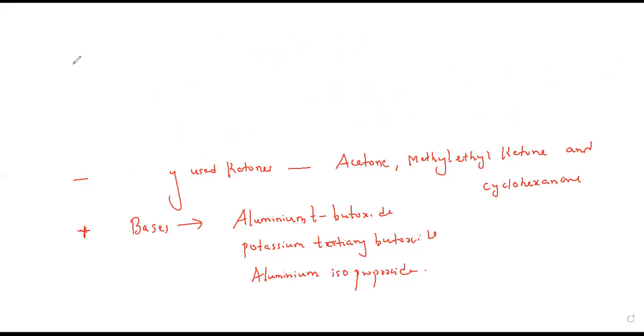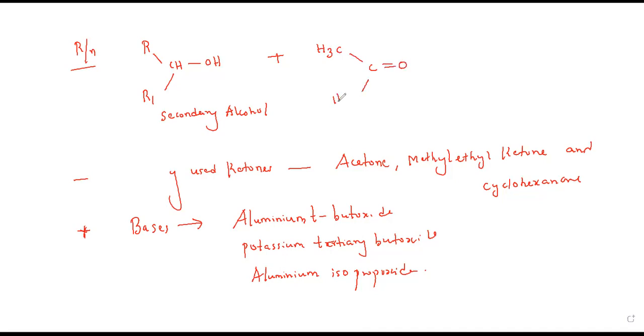Coming to the reaction of Oppanauer oxidation, I'll take one secondary alcohol here. This is a general structure of a secondary alcohol. And I'm going to react it in the presence of a ketone. I'm going to select acetone here, which is the simplest ketone. And this reaction can be done in the presence of aluminum tertiary butoxide,